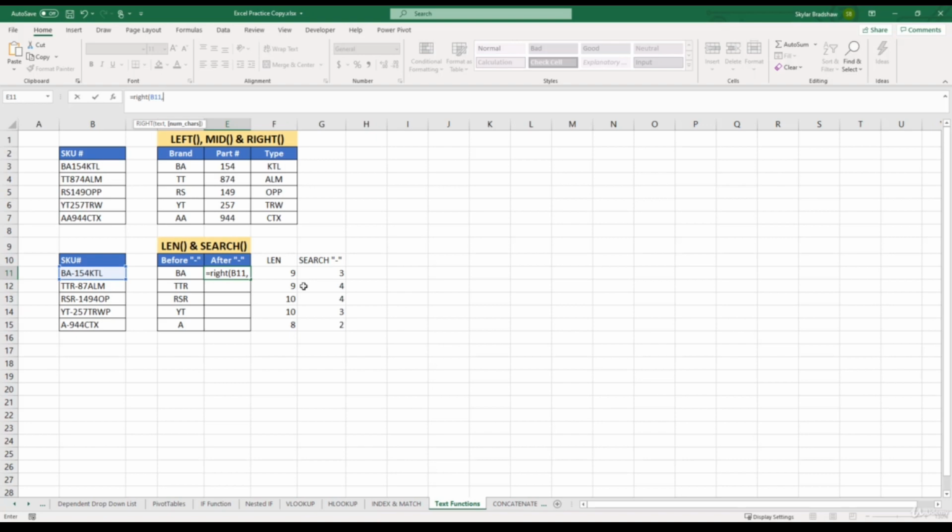So to specify the number of characters that we want to extract from the right, we need to combine the len and search function. So up in our formula, we can type in len, open parentheses, select our SKU to get the total amount of characters within this cell, which is 9, then close parentheses. And then we need to subtract the search function from the len function to get 6. So up in our formula, we can put minus, and then insert the search function,